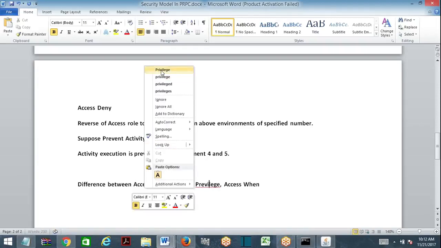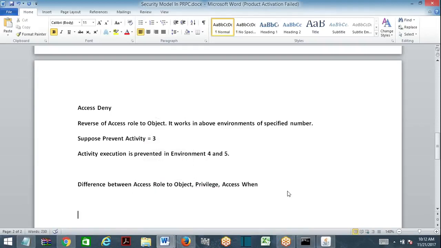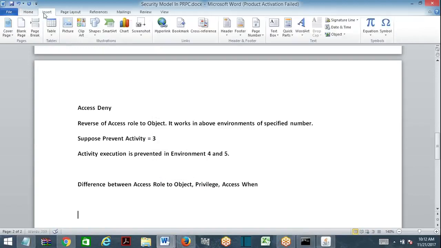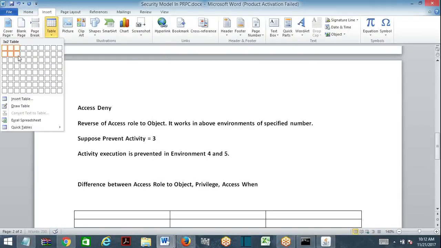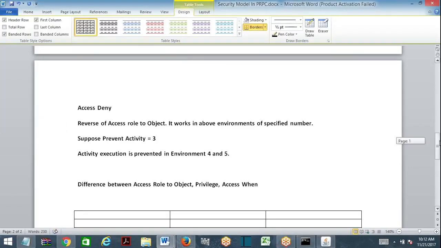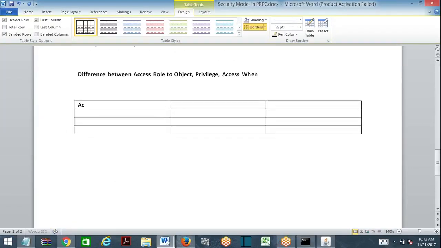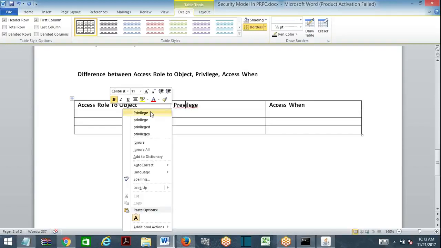Okay, access when, what are the differences? Now tell me one after the other, hang on. So this one is access role to object, and this is privilege, and this is access when.